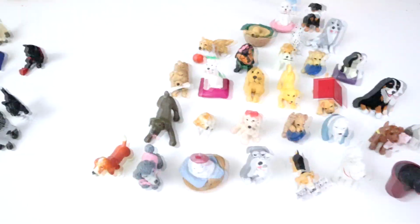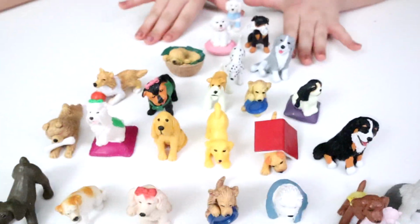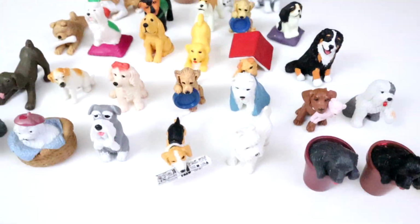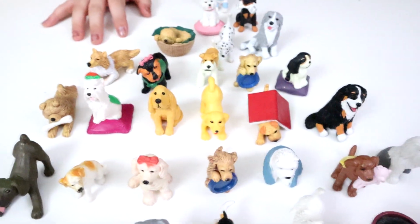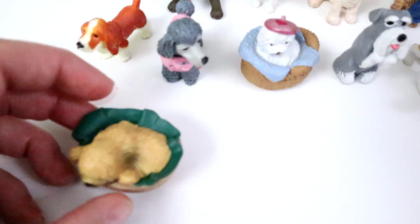And there was a lot more than just Puppy and Kitty surprise. So I'm going to tell you some of the names of my favorite ones, because there was kind of like, I had some original ones. This one's Volcano, I know. And then there was ones that kind of came out in other waves of them. And so the ones I played with the most were these. So I'm going to pick them out. This is Sandy,